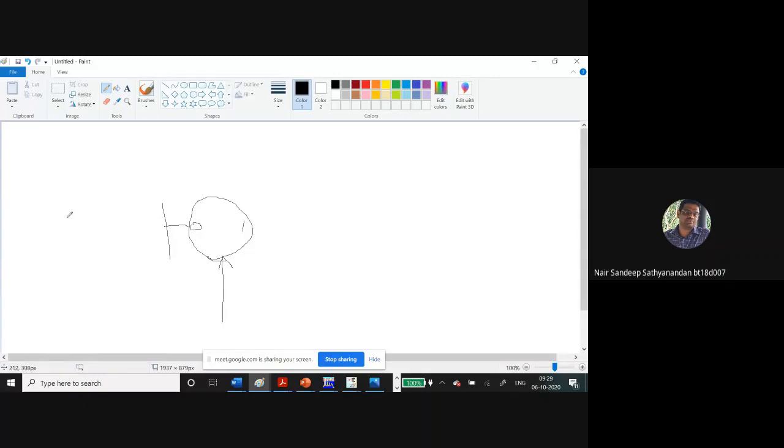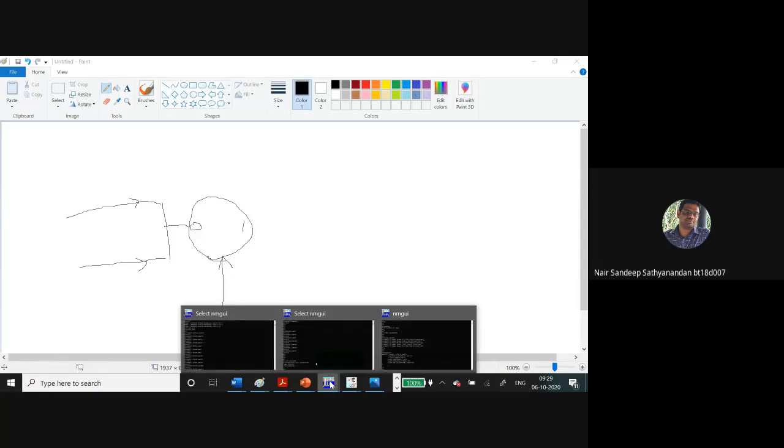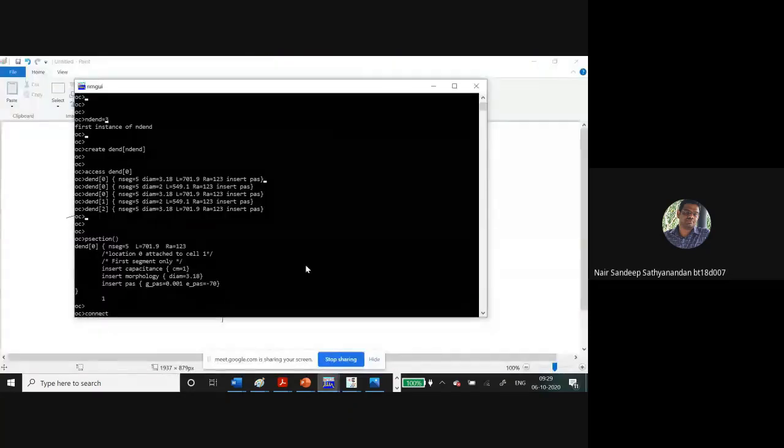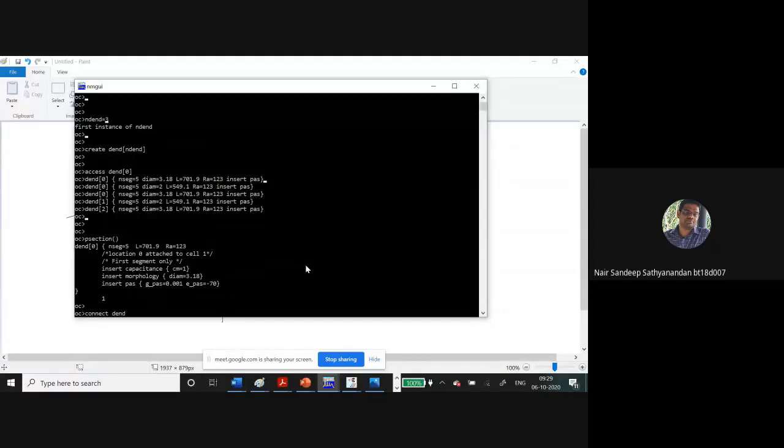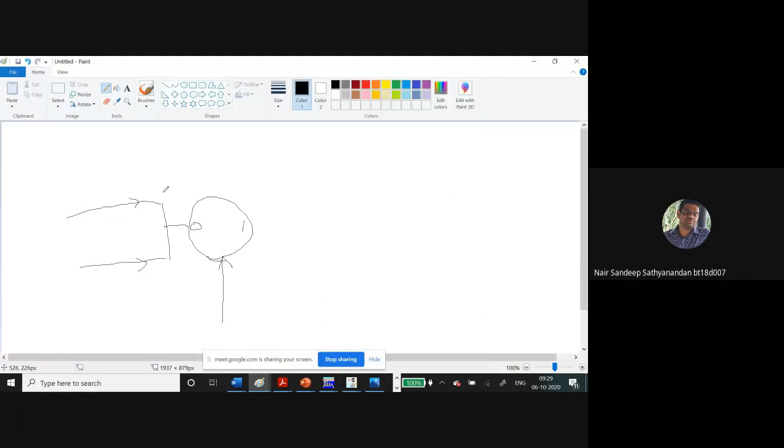So we have 3 dendrites. I'll use this one, and the other dendrite I will use here. Okay, so we use the connect command. Now we have to give the identifier, so dendrite 0. This end is closer to the soma, that is the proximal end, and this is the distal end.